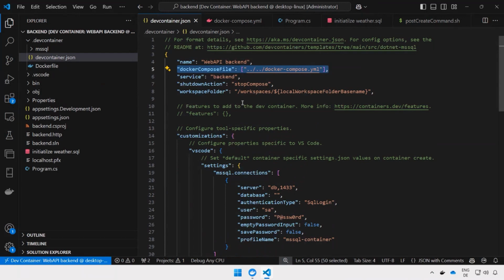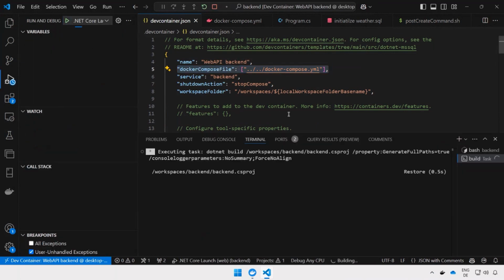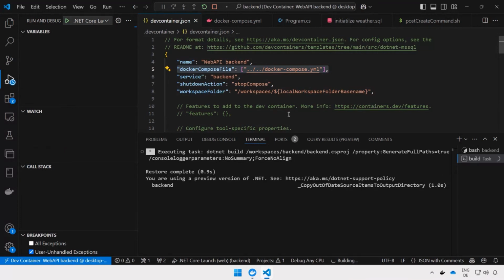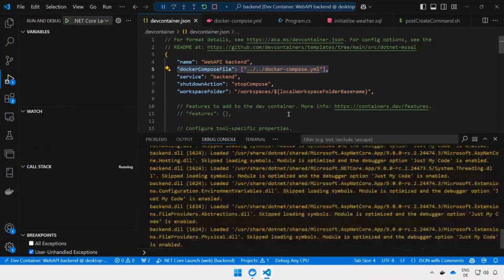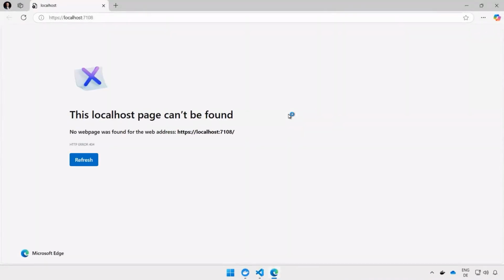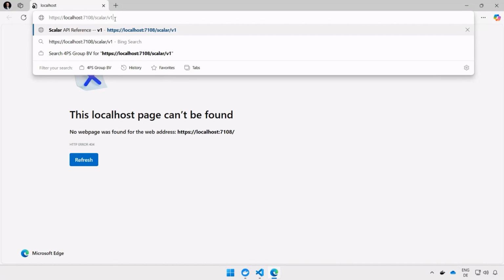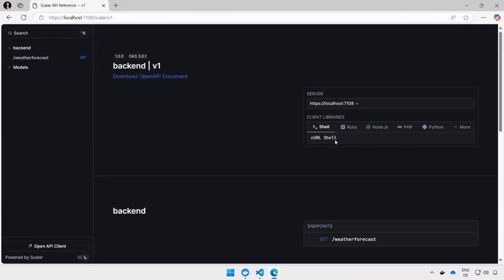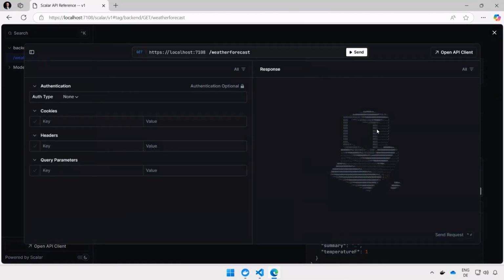So now I can interact with them. I can just give it a go here. So I can say run. This is doing just the regular things that you would do in a dev container, or actually also outside of a dev container. Now I have my environment, and I can, for example, go here to interact with it and test the backend, test the request,